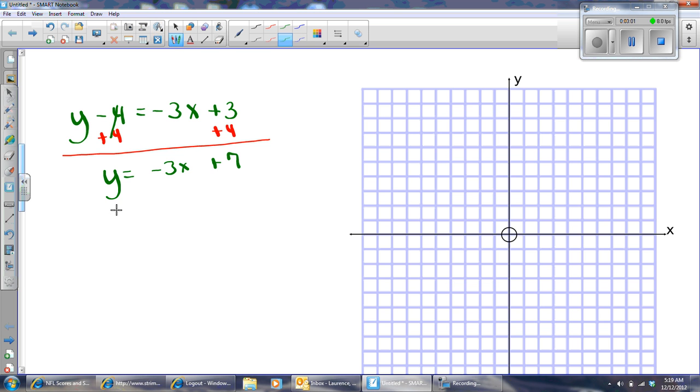Now, y is alone. I'm in slope-intercept form. The only thing I don't like is usually my slope is a fraction, and that's a -3, so I'm going to put it over 1 and make it a fraction. All right, now I can find my y-intercept, my b, which would be the point 0, 7. And so that'll be 1, 2, 3, 4, 5, 6, 7. Right? And then my slope is going to be -3 over 1. And so I'm going to take him